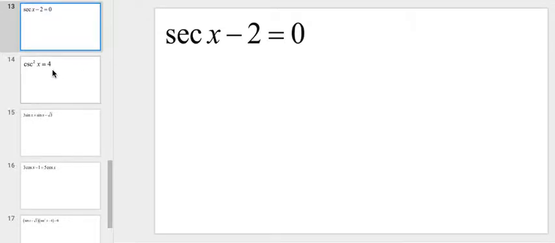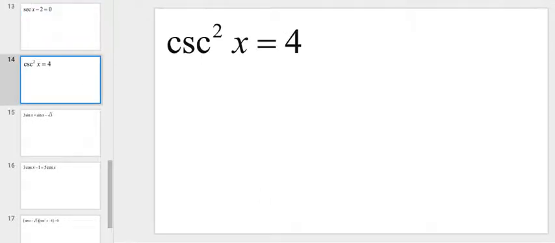On to number 14. We've got cosine squared x equals 4. There are actually a couple ways to do this problem. I may do them both just for fun. So the way that most people do this, I think, looking at it, is they just take the square root